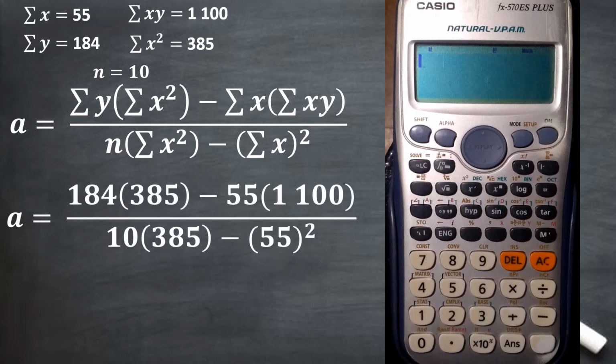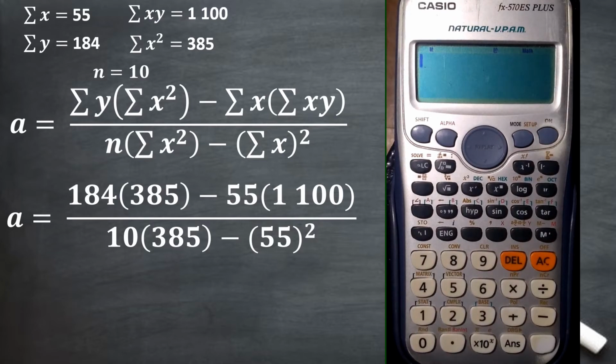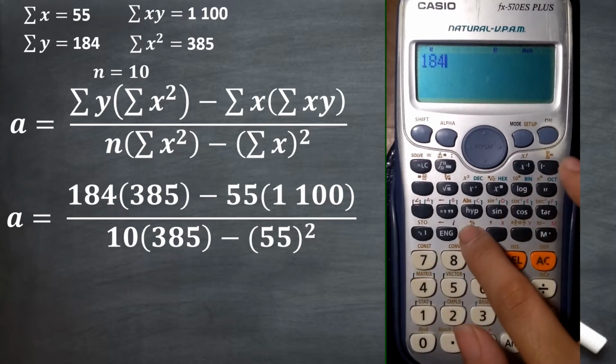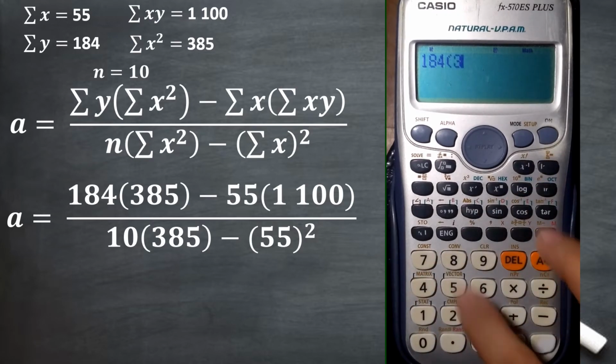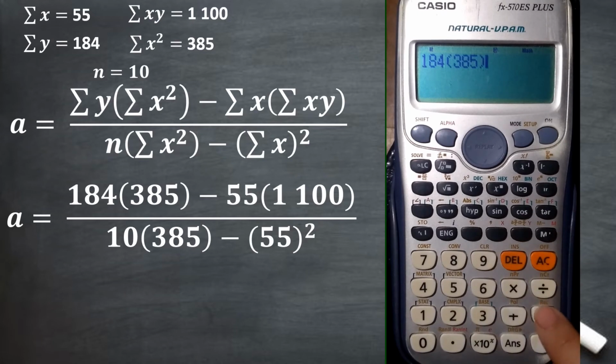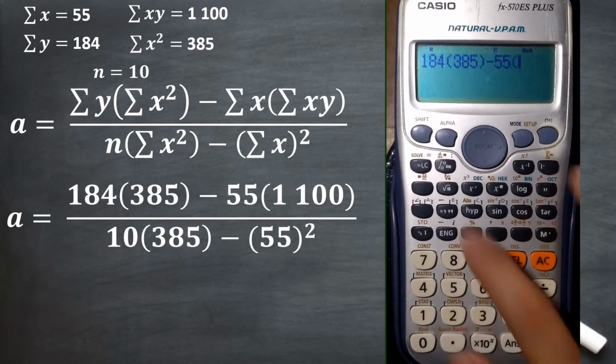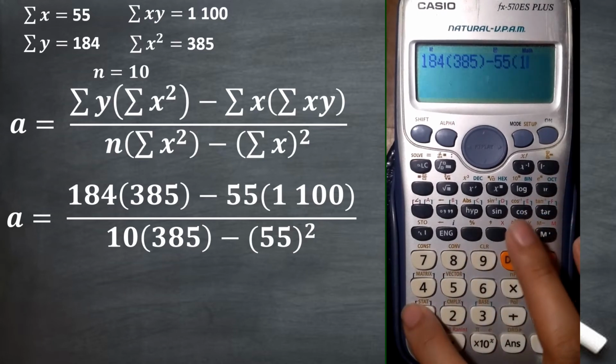Substituting the values, we have 184 times 385 minus 55 multiplied by 1,100 all over 10 multiplied by 385 minus 55 squared. Going for the value of A, we have the numerator as 184 multiplied by 385 minus 55, open